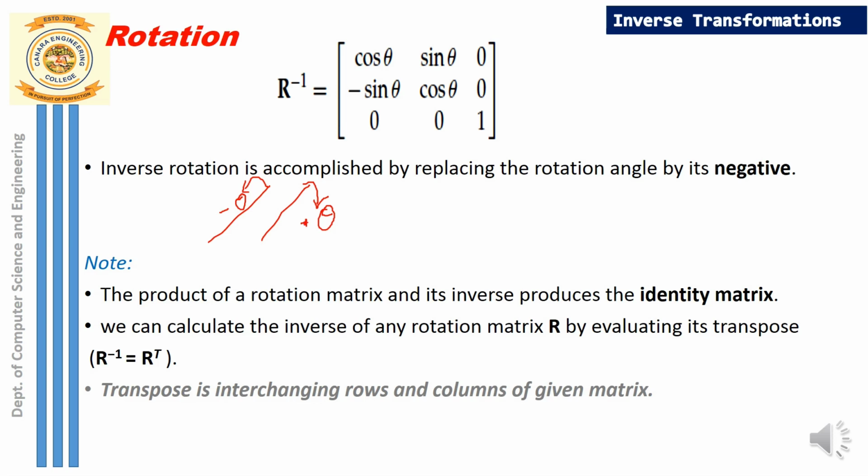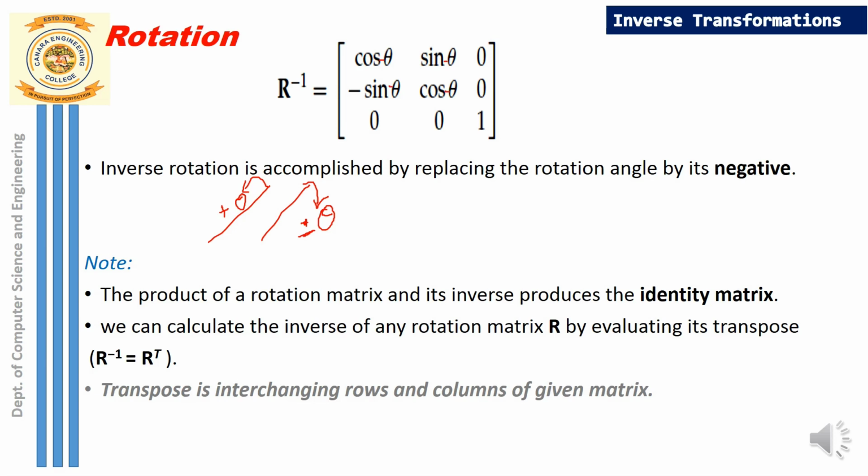Earlier it was the anti-clockwise direction, so it was a positive angle theta. Now it is a clockwise rotation, so you are supposed to change the sign of the angle into negative. So negative of angle theta gives you the clockwise rotation for the object, and you can just see the inverse rotation matrix. Elements remain the same, all that changes is the sign of the angle theta. So cos of minus theta, sine of minus theta, here also sine of minus theta and cos of minus theta. So everywhere the inverse rotation will have the sign minus or negative for the angle theta.